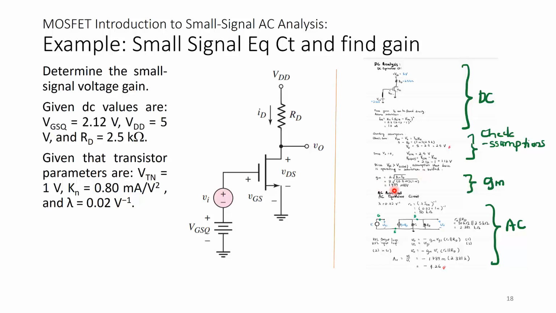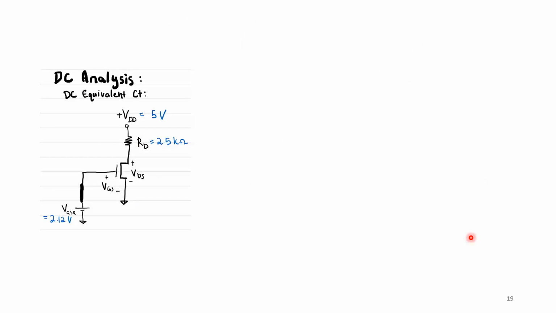Okay, so you have here gm, because what you want to do is find the small signal voltage gain. In order to do that, you have to do AC analysis. To do AC analysis using this kind of low frequency model for the MOSFET, you need to have this value gm. Alright, so let's have a look at the bigger picture here, a picture that is bigger. Okay, so you have DC analysis, the DC equivalent circuit,